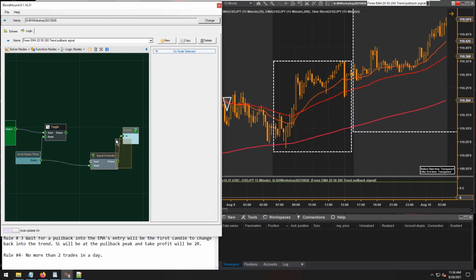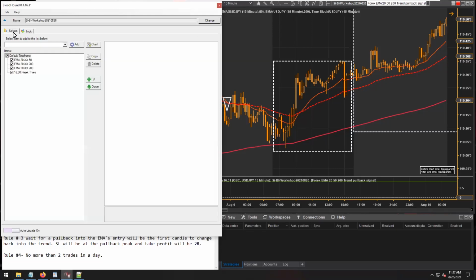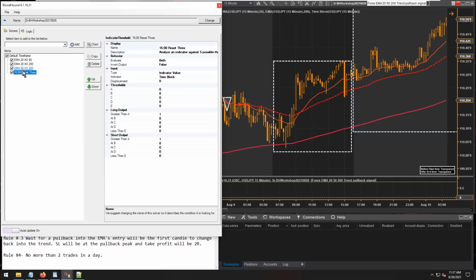So let me extend that out a little bit, and I'm going to go to the solvers tab, and I'm going to make a copy of this threshold solver,